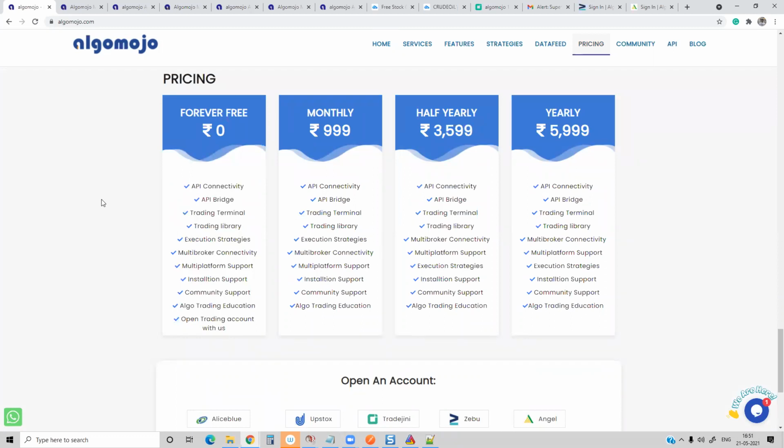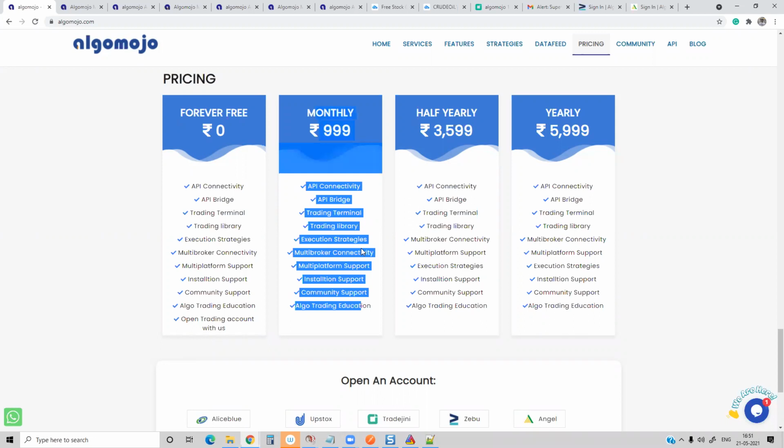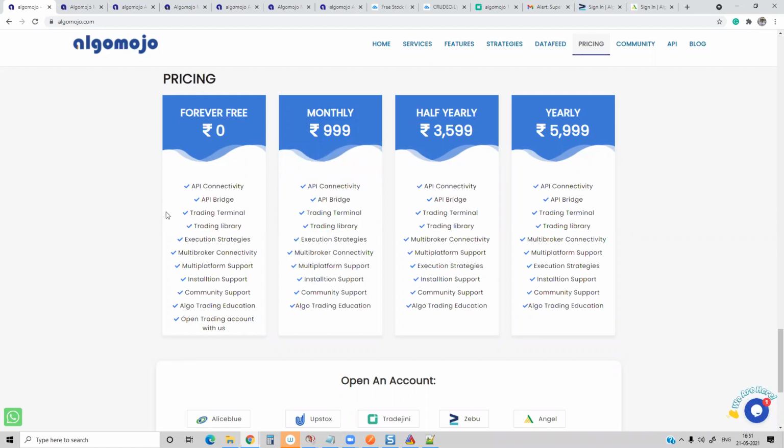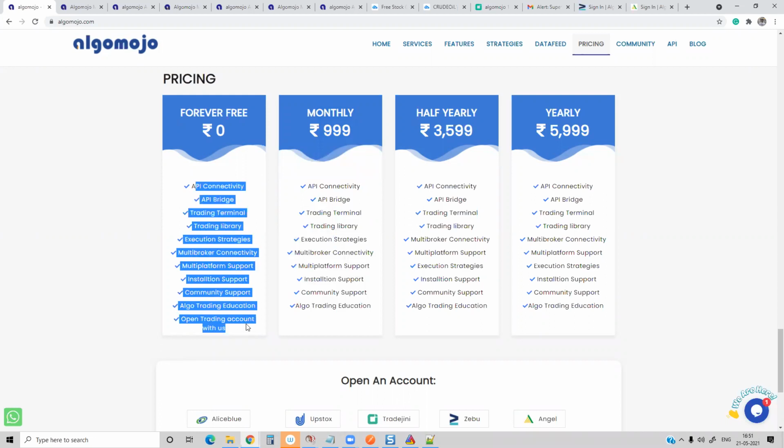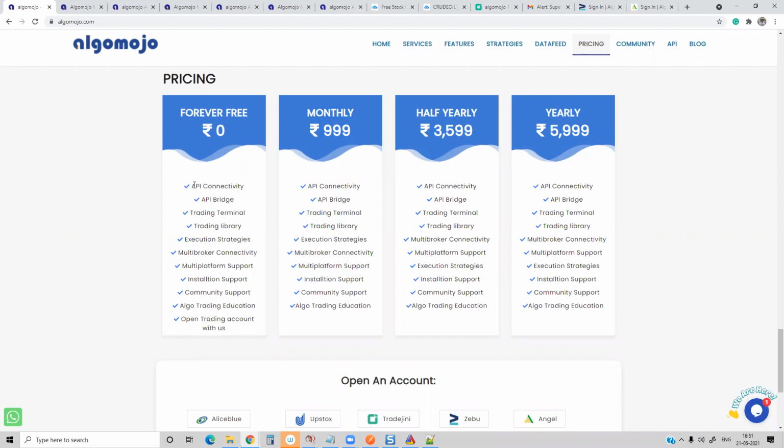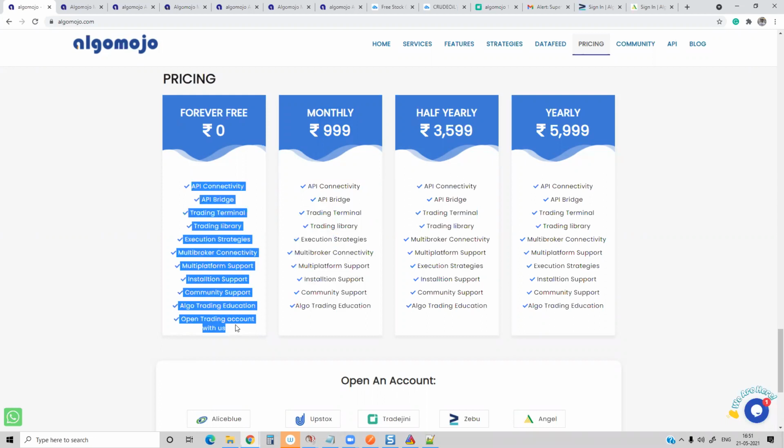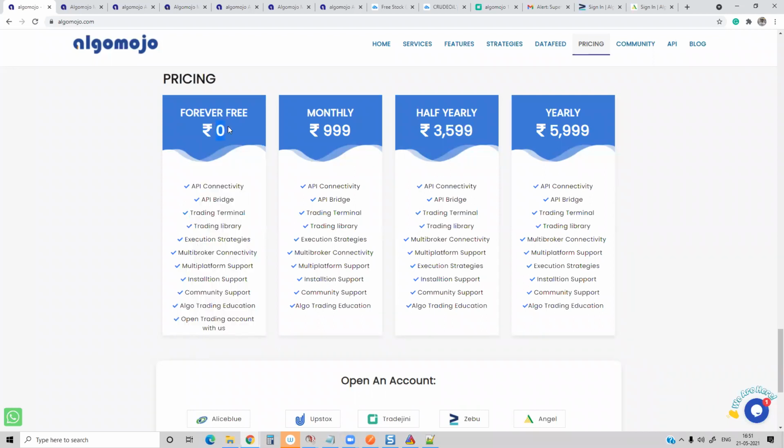For those people who are holding an existing account and are okay with it, they can anytime pay for the platform and use it. There is absolutely no commitment, no requirement to do a certain number of trades. It is an absolutely transparent model. If somebody has their own strategy, their own data feed, their own everything, but wants only to send orders using the AlgoMojo platform, only in that case can they open a trading account and start using it at zero cost.